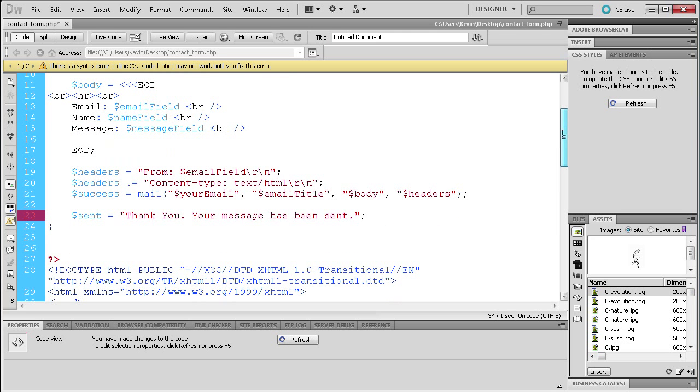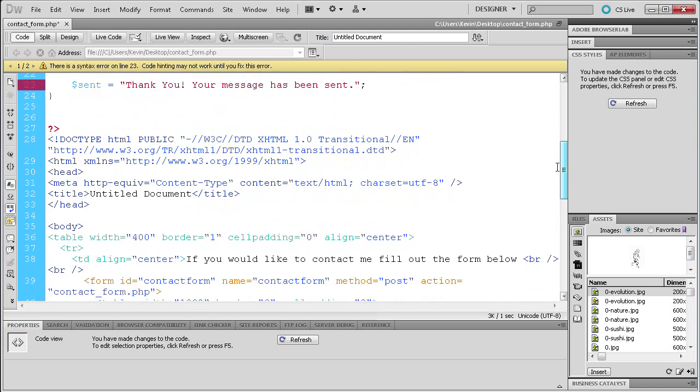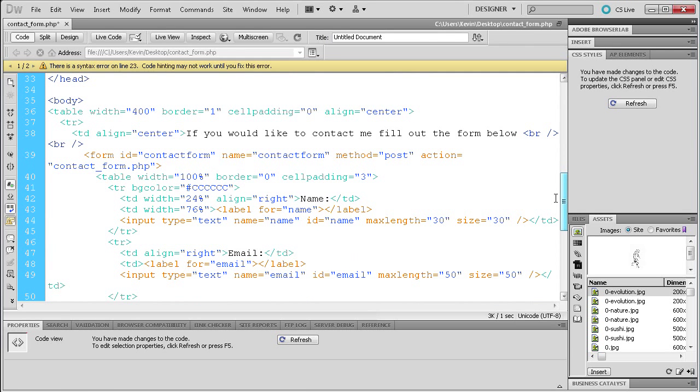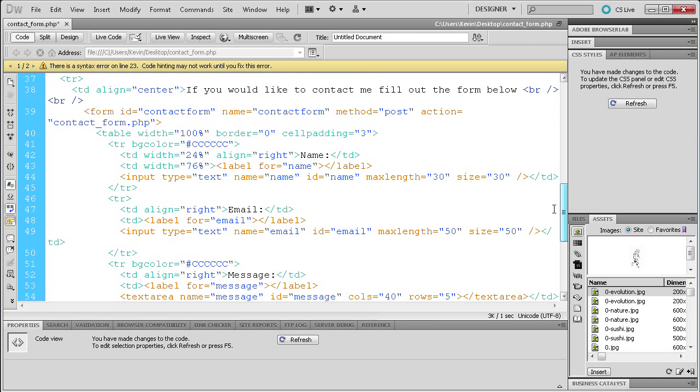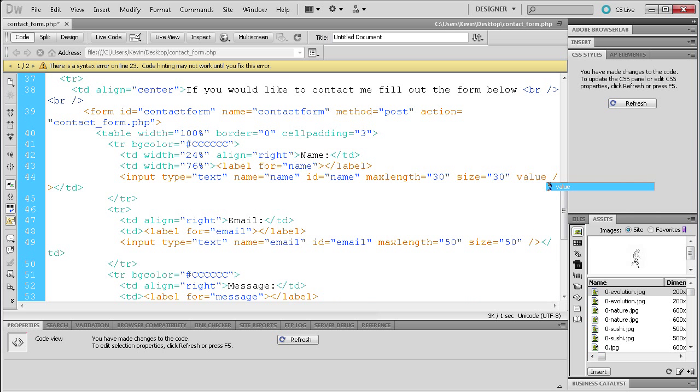But the first thing that we're going to do is put some PHP code in different areas of the form. Let me give you an example. For the text of name, right after size we're going to type value equals two quotes. Inside of the quotes we're going to put another PHP block, basically the same PHP tags we used earlier. So a bracket, question mark, PHP, space,